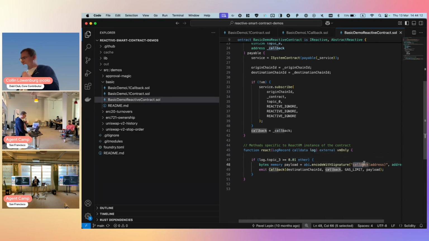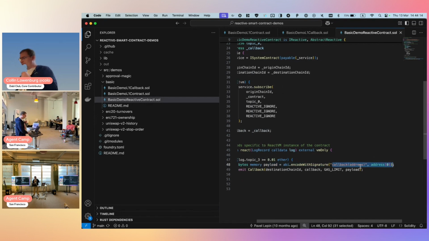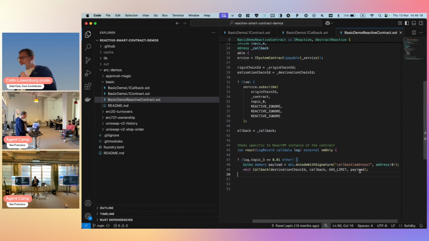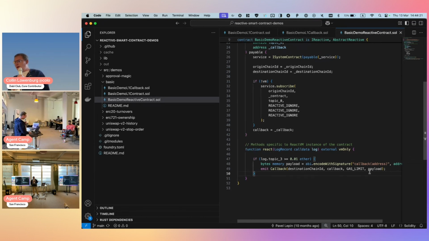And here we can specify what exactly should be the payload for this callback. That's how you can pass some data to your contracts via the callback to trigger some actions, in order to do something if a certain event is emitted.